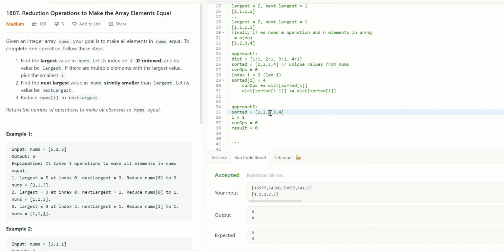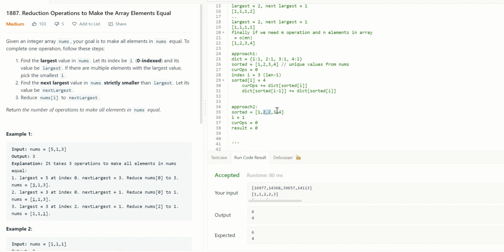But do you need to increment the current operations? That is the question, and that's what is important. Whatever the number of operations you need, for this 2 you need one, for this 2 you need one, the same number of operations basically.